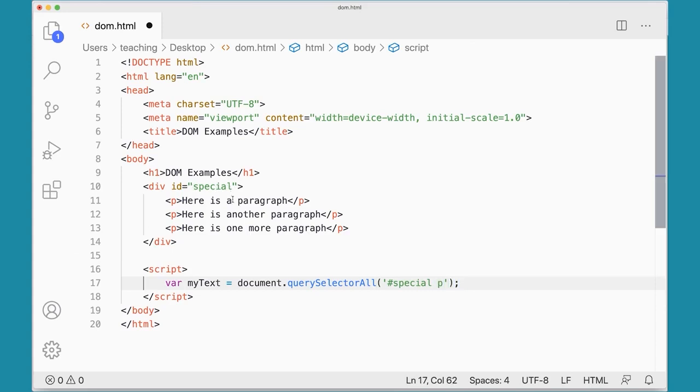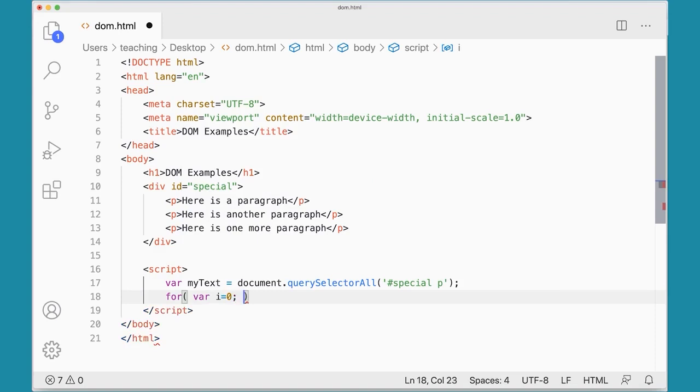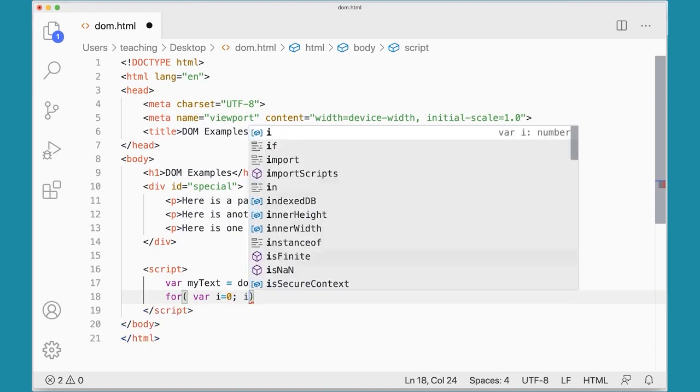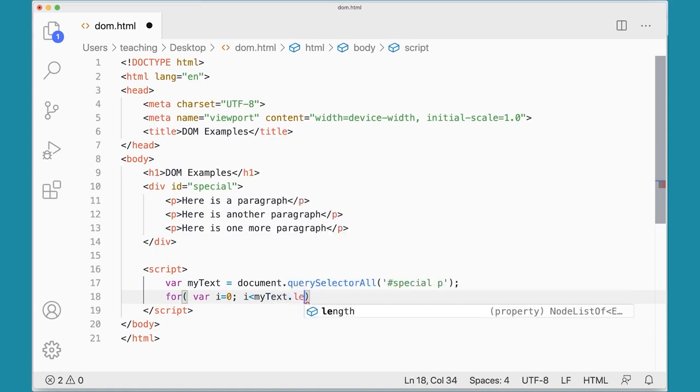So I can go into my document and find a particular group of elements somewhere in my document. But again, with this, we're going to need a for loop. for (var i = 0; i < myText.length; i++)